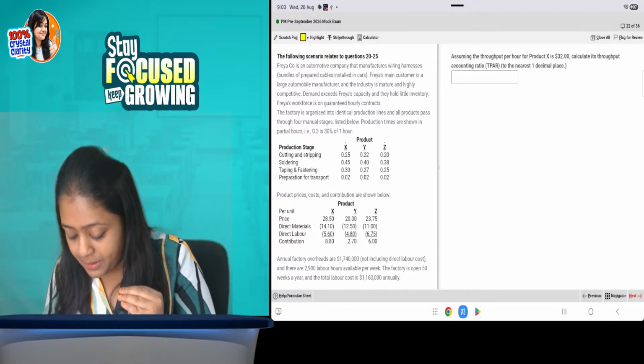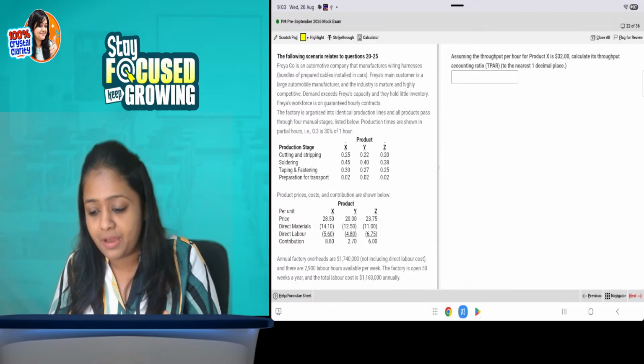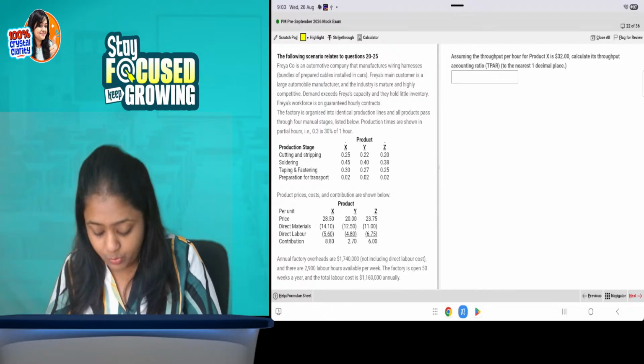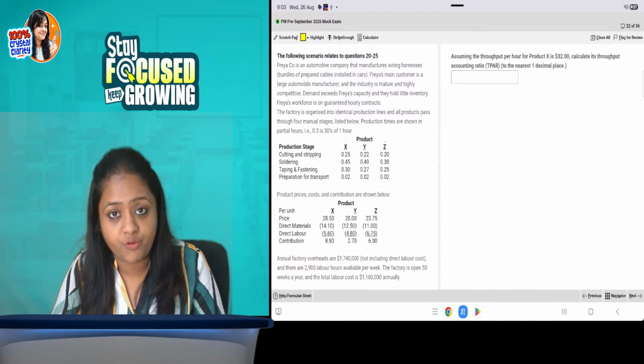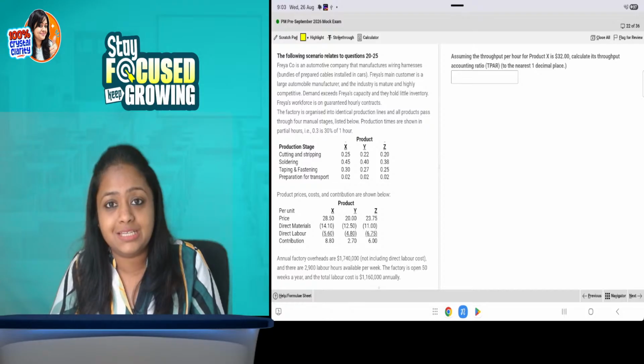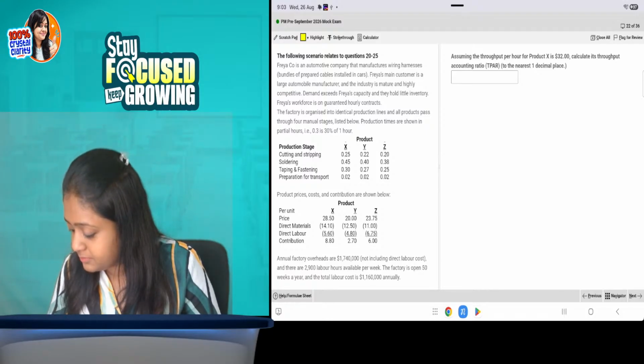Assuming the throughput per hour is 32, calculate TPAR. Very easy. Throughput per hour is given to you in this question, 32. You need the factory cost per hour. Factory cost will be 1,740,000 plus 1,160,000 labor cost. So 1740 plus 1160,